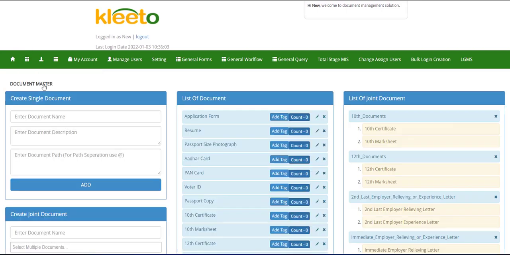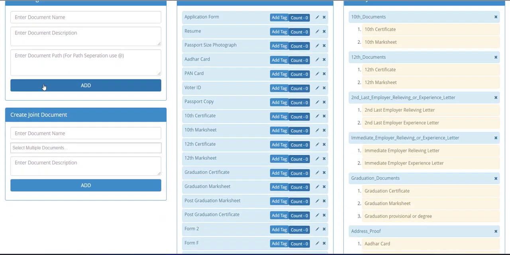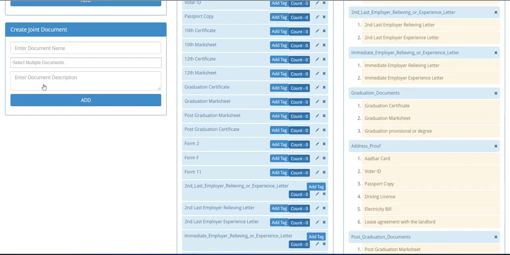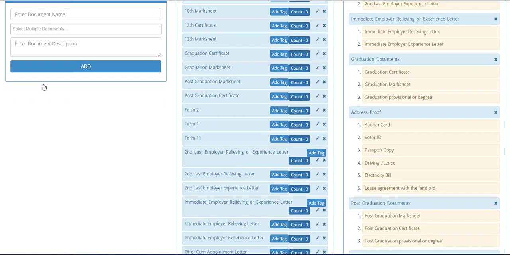There will be some documents which are required to be uploaded by the new joinees, and there are some forms and documents which are required to be submitted by the internal recruitment or HR teams to make a complete file according to the compliances. So you can create a laundry list of the documents that are coming in externally or internally from all sorts of categories that you will be hiring.